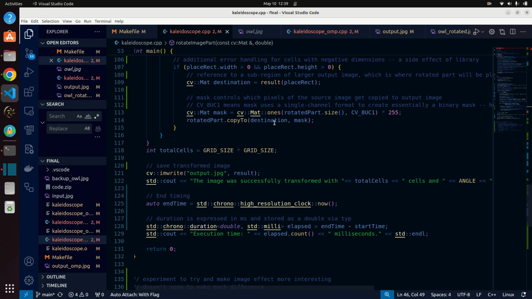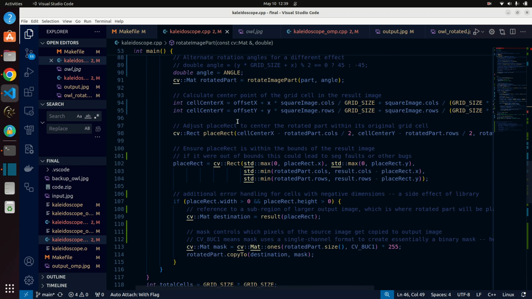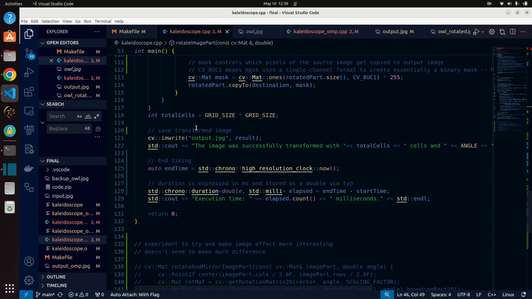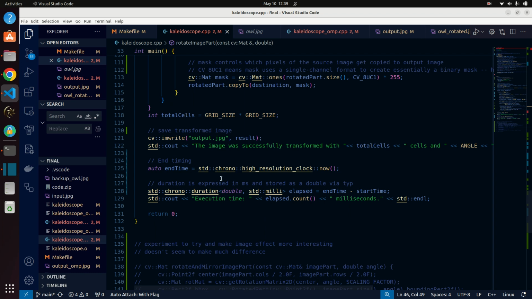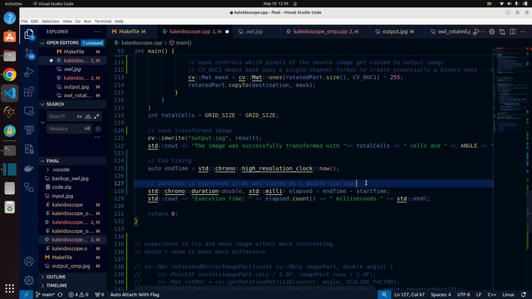And then we make that copy, and that's essentially what we do for every cell that we have calculated, and that's how we get our resulting image, which we output here. We save as an image, again using this nice CV library. Calculate the total cells just for output to help the user understand what in the world just happened, and then just let them know how long it took. And then just worth mentioning that the duration is expressed in milliseconds here and stored as a double for easy